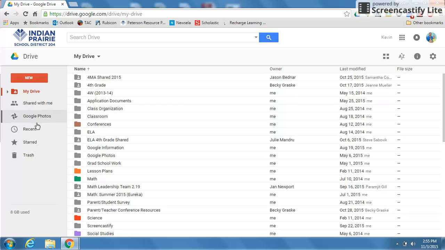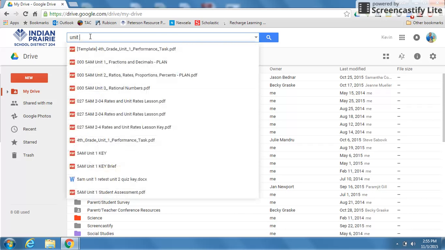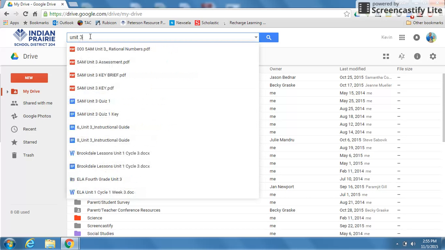The very first thing we're going to look at is up top, there's a Search drive area. This is by far my favorite part of Google Drive. I have so many folders at this point. I pretty much know where things are, but it saves me a little bit of time with getting to that document. So if I know that I'm looking for a Unit 3 math quiz, and I know that the title is Unit 3, you can simply type in Unit 3,